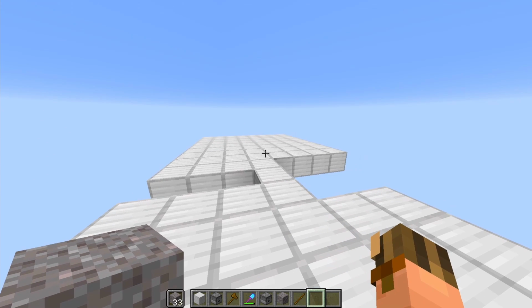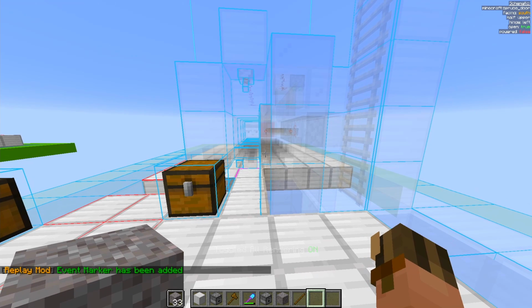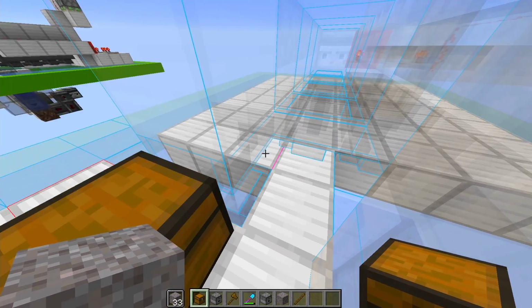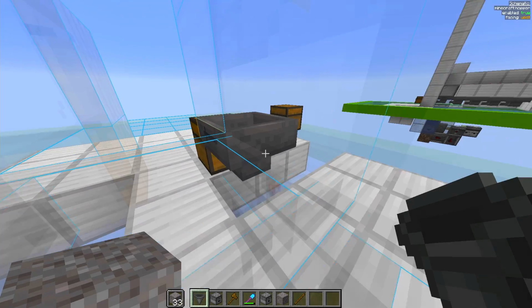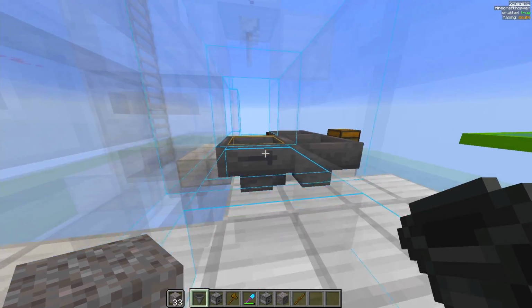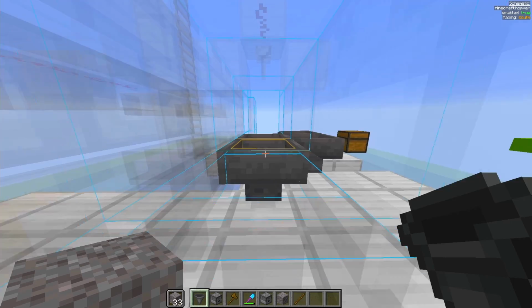I will be using a schematic throughout this build, as you can see here. That just helps me remember where to put things and hopefully makes the building and tutorial process a little bit smoother. So let's start here with the chest. We put it down there like that, and into the chest we are going to be putting a few hoppers. So one into the chest like that, come out and around. So they curve into each other like that, and then from there,